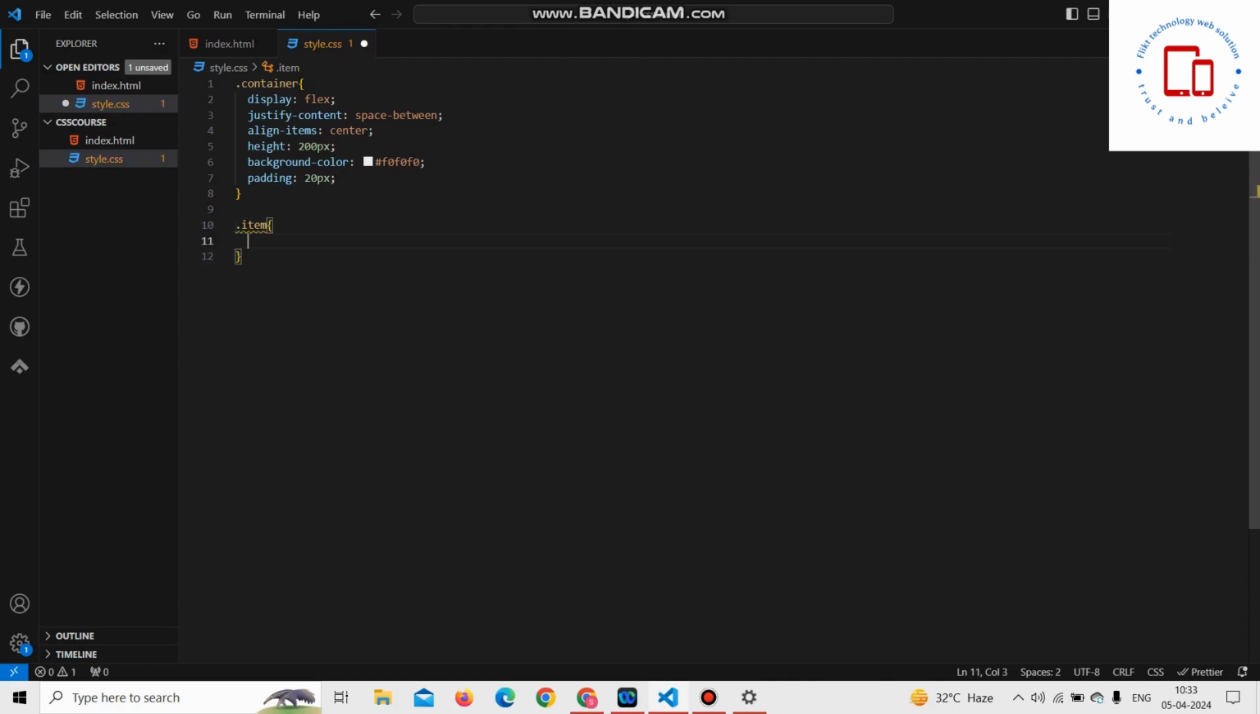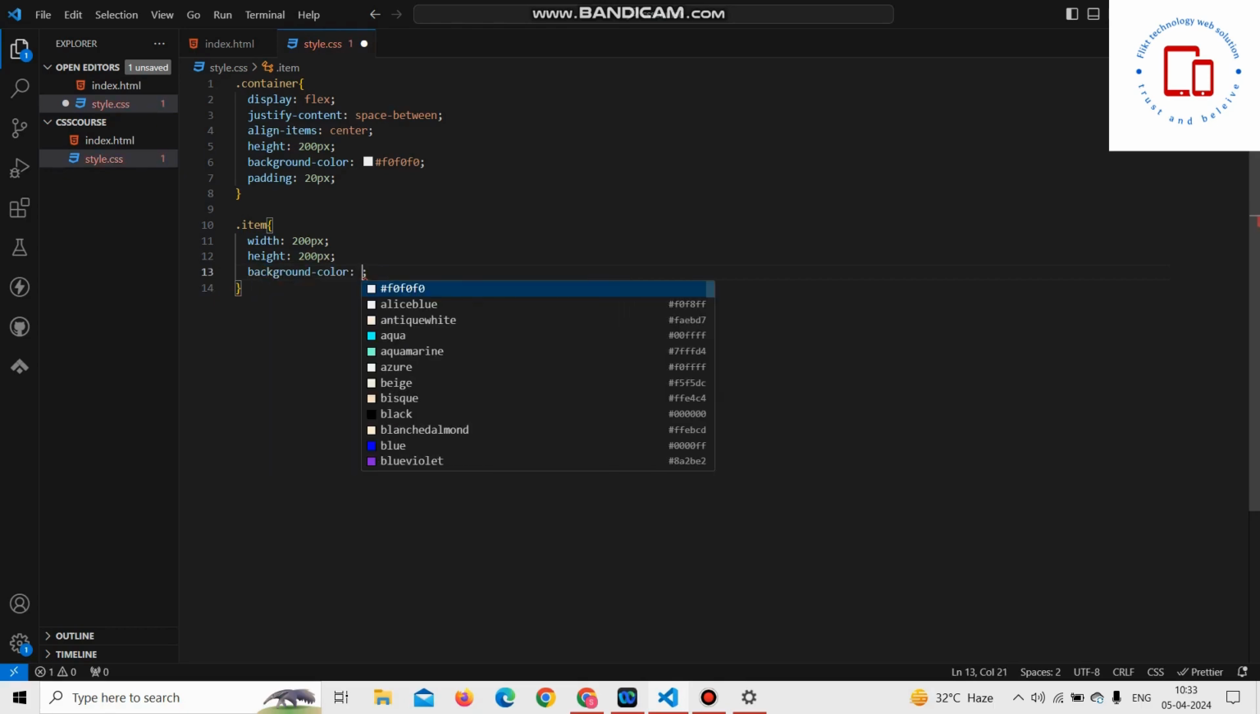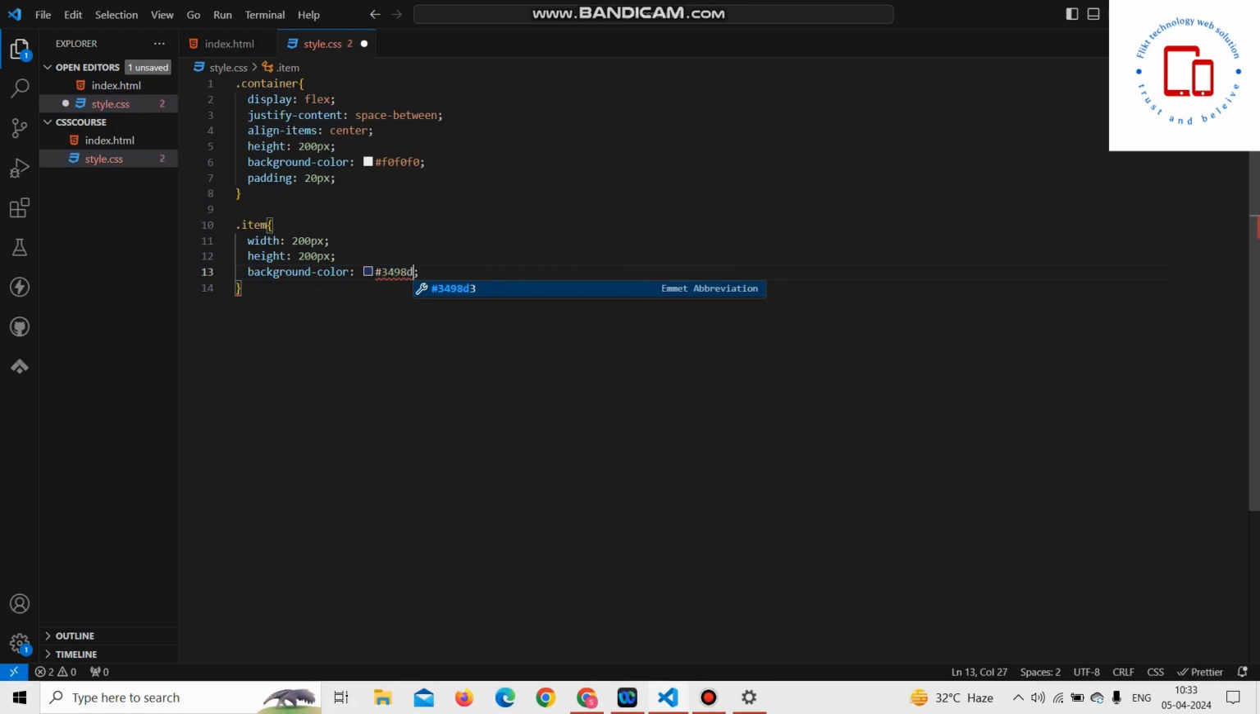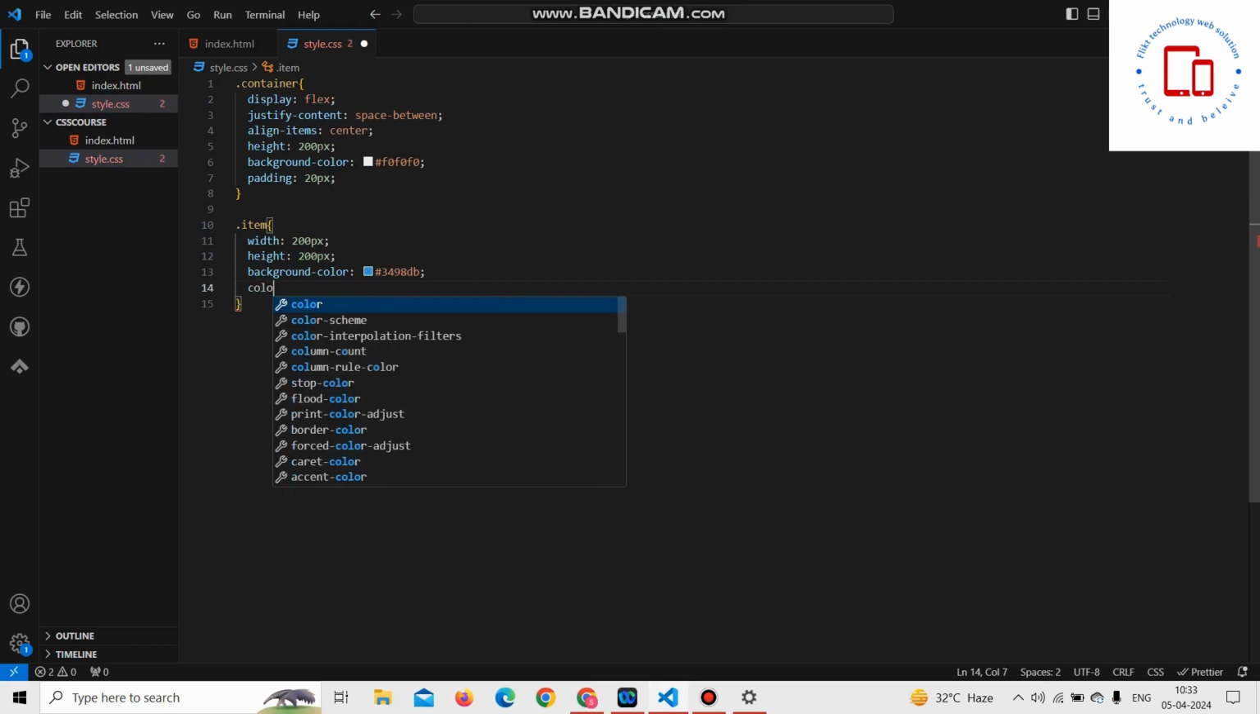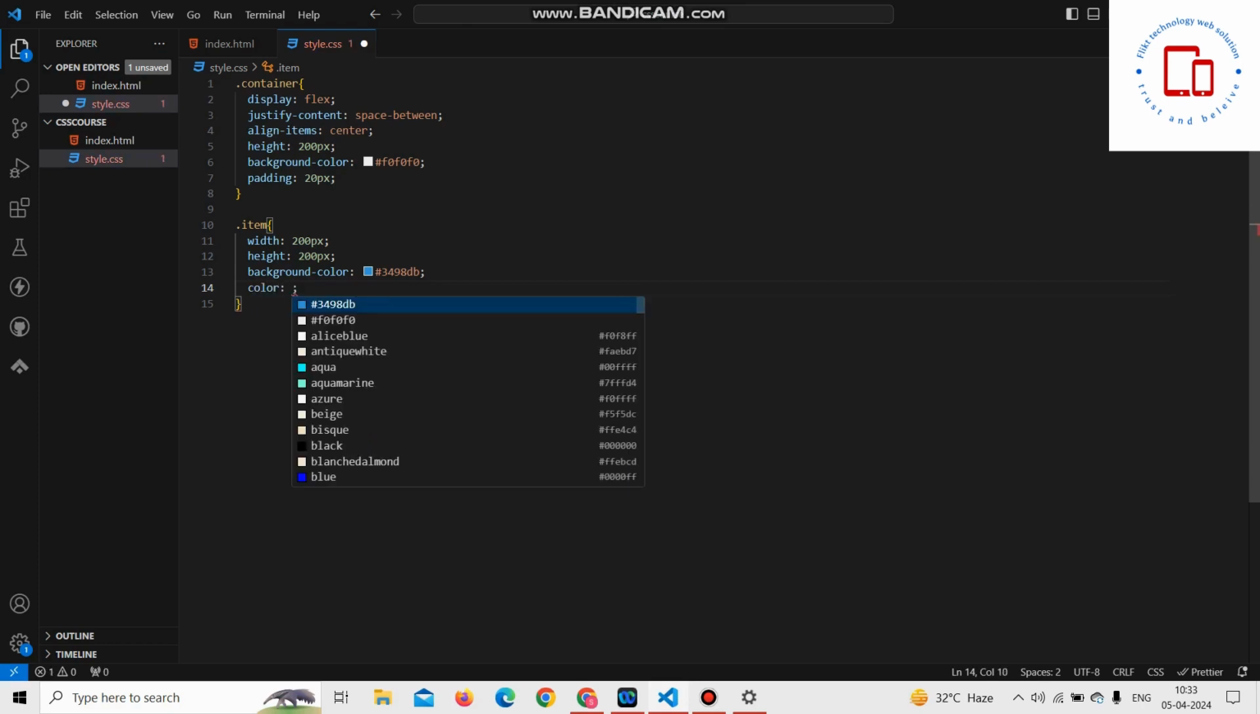Now I am going to give a width for the item of 200 pixels and a height of 200 pixels, and I am going to give a background color of hash 3498db, and I am going to give a text color of white,